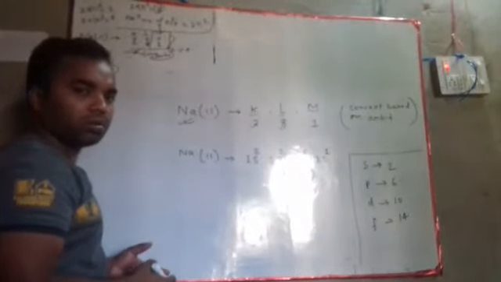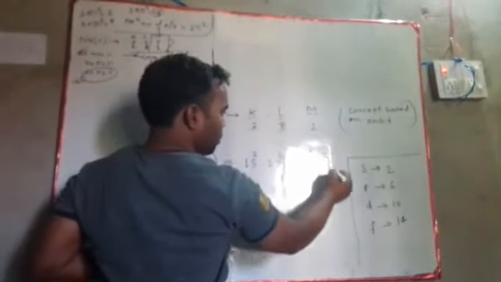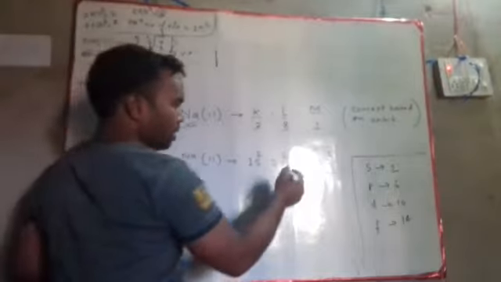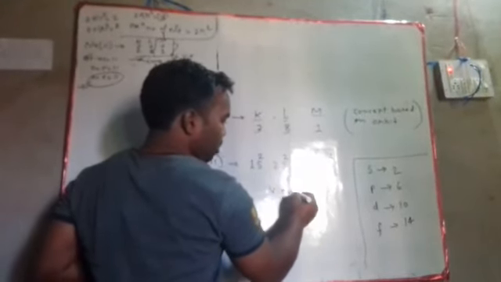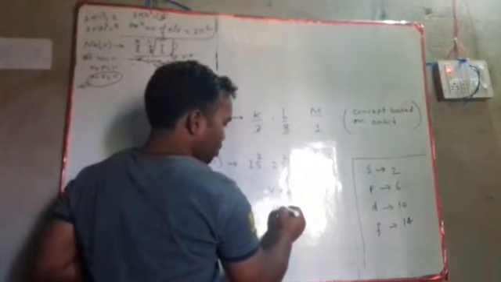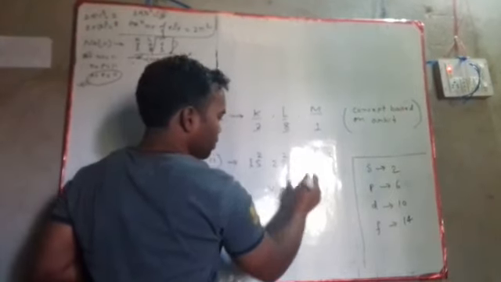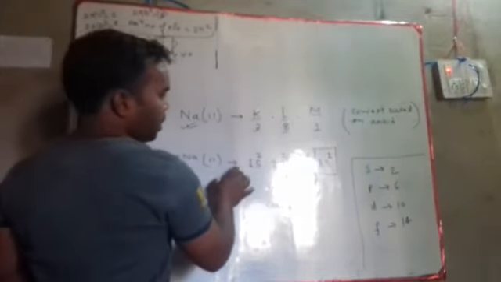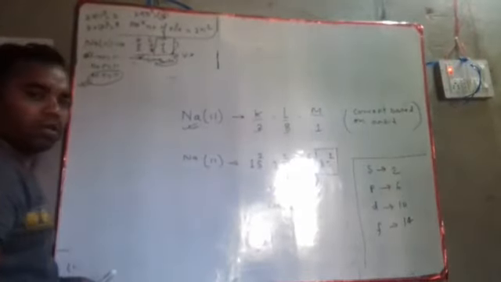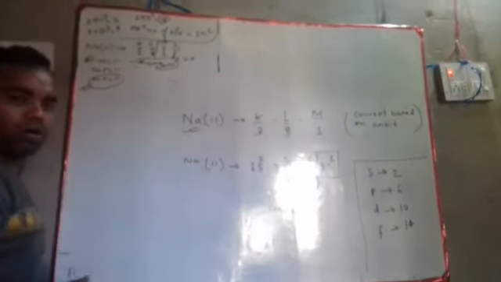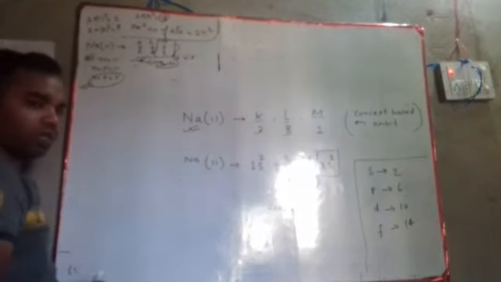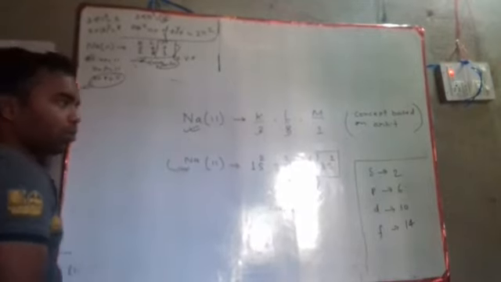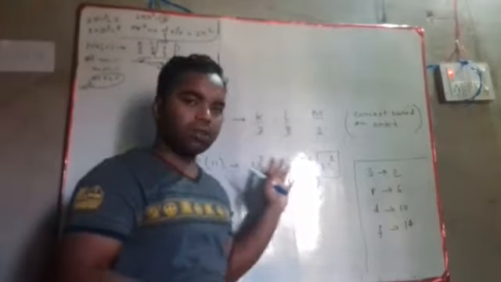Now the outermost orbit is the third orbit. So the number of electrons present in the outermost orbit is 1. So valence electrons, how many? 1. Core electrons, how many? 10 electrons. 10 electrons core. Okay. So this is the electronic configuration based on the orbital concept, and that is based on the orbit concept that is given in your textbook in 9th class, but it is given in 11th class. But we have to understand this also.